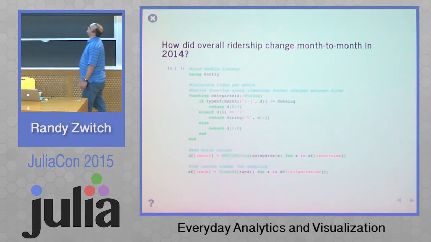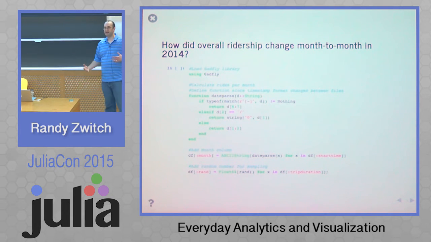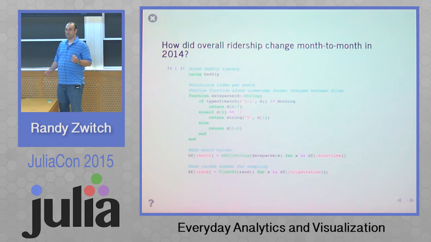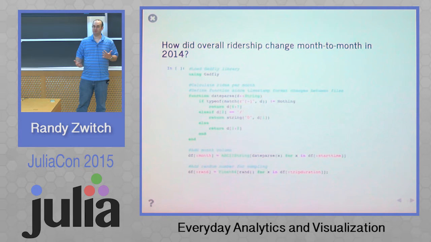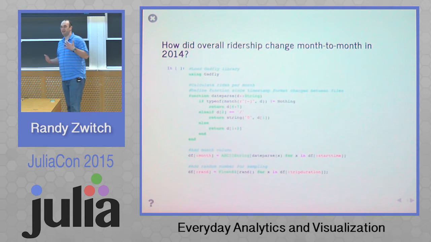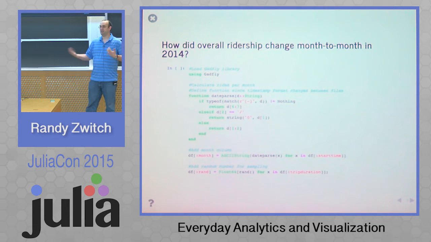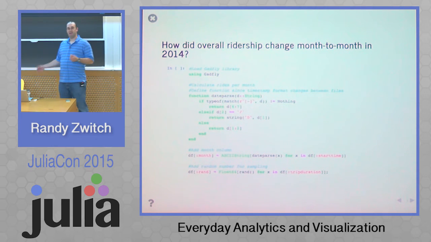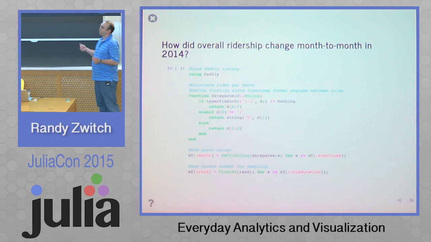Okay. So if we want to use the Gadfly library, again, we just load it up. And as I said before, what's interesting about this example is how real-worldy it is. So with my work in industry, you often get files that you wonder why somebody would do something like that. Why would the file format just change in the middle, changing the date format, changing the number of columns, all of a sudden going from commas to tab delimited and so forth. In this case, what Citi or their vendor did was switch the date format.